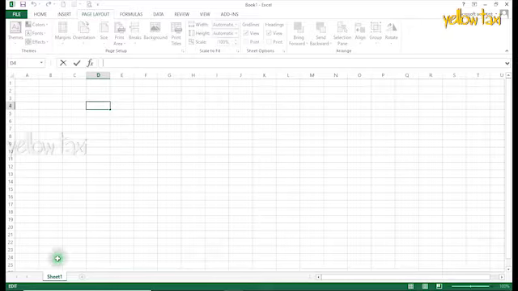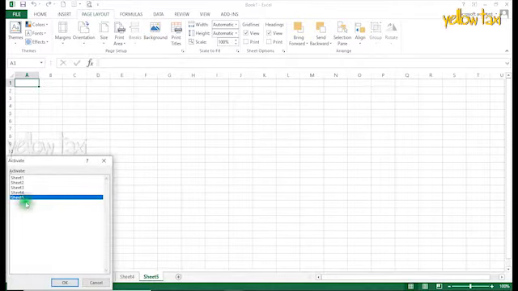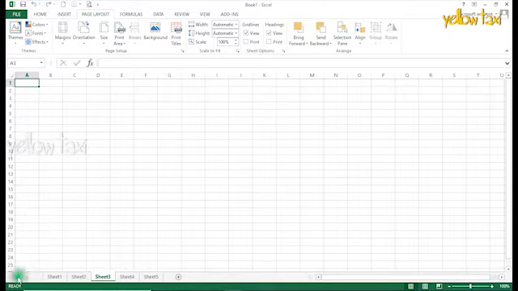If suppose your workbook has multiple sheets and you need to see the names of all sheets, just click the right arrow at the bottom and you'll get a dialog box and can see all the sheets in the workbook. You can directly go to the required sheet by double clicking on it.